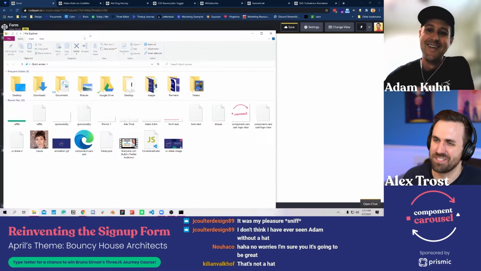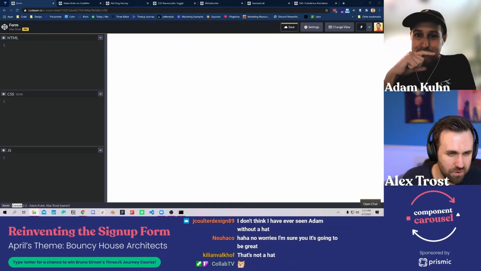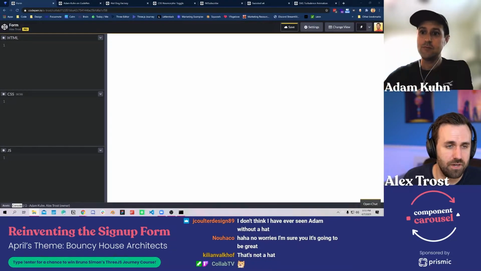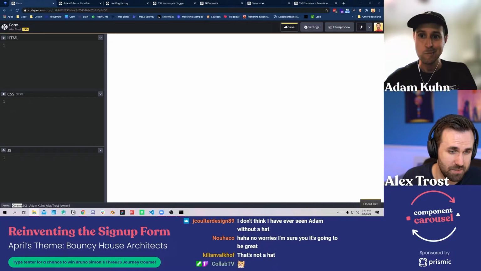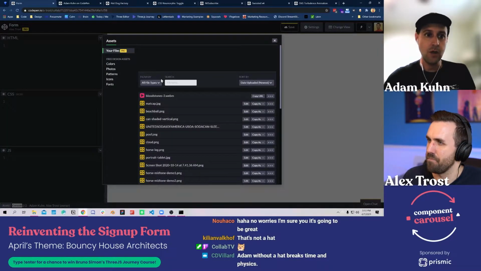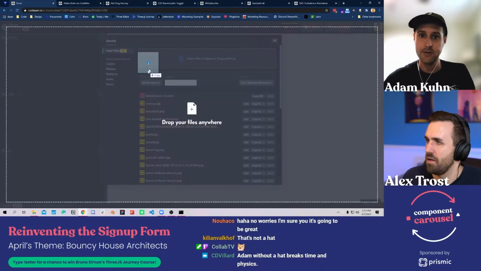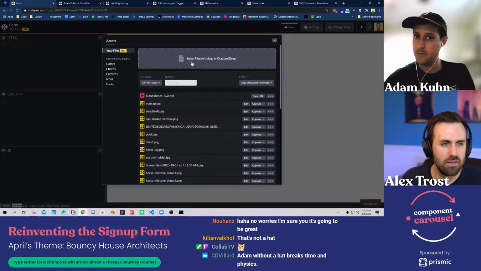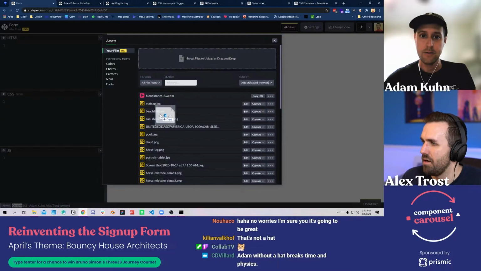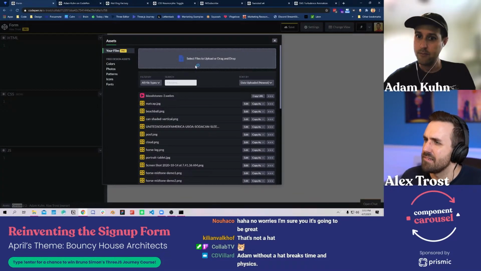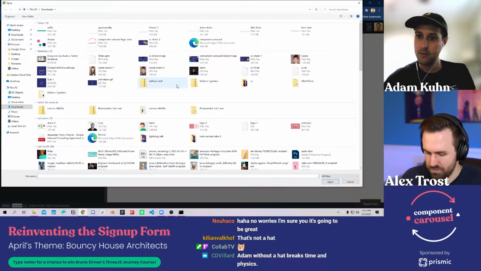Cool. So let's pull in this folder over here. Oh yeah, so we need to put those fonts somewhere. I didn't get a chance to do that because they were in my Next.js project, but now they are just on my desktop. So can we put those in the CodePen assets? Yeah, absolutely. We can just throw them in there as long as they're not huge. So it's just going to open that. All right. There we go. Let's see what we got. Downloads, Balloon. Got so much junk in here.